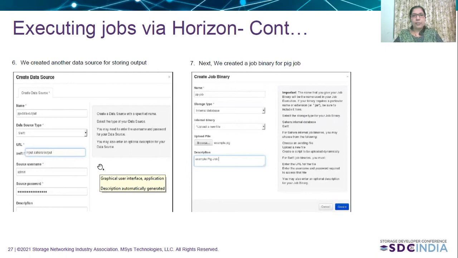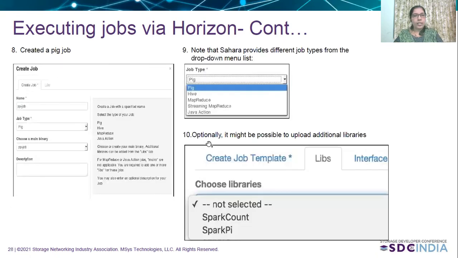And finally, we create a job binary for the Pig job and upload the Pig script here. After this, a Pig job has to be created, and there is a drop-down where you can select the job type, and optionally upload additional libraries as well.